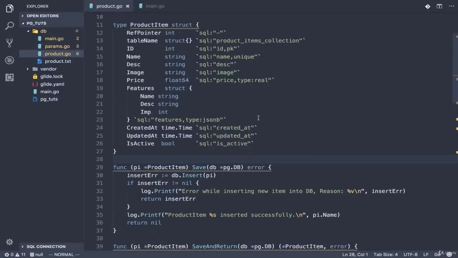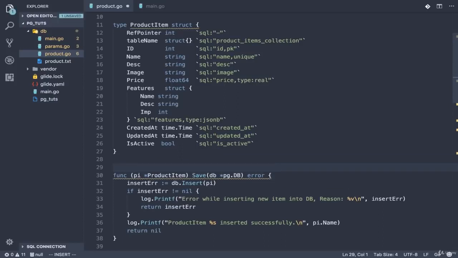Hey guys, in this video we are going to talk about how to delete. It's going to be a pretty tiny video because there are just a couple of ways you can delete stuff, so no big deal. Now we have a product item and everything, but you might think that you don't want this product item anymore, or that it was put in by mistake, and you want to delete it. It's pretty easy. Create a function